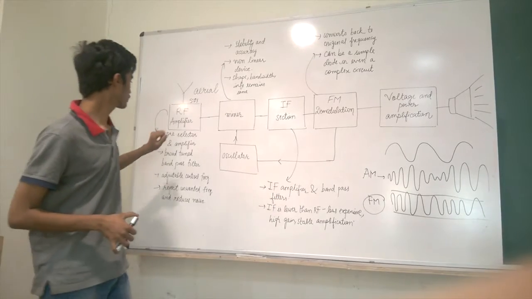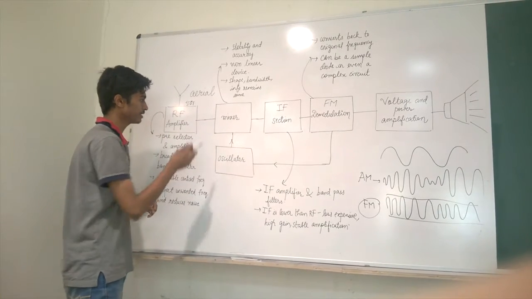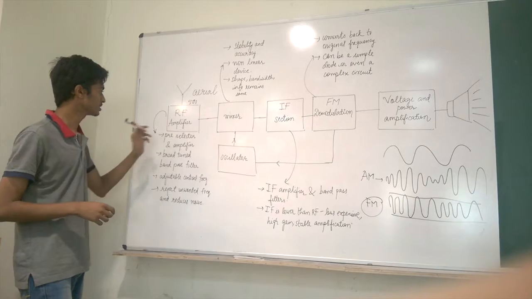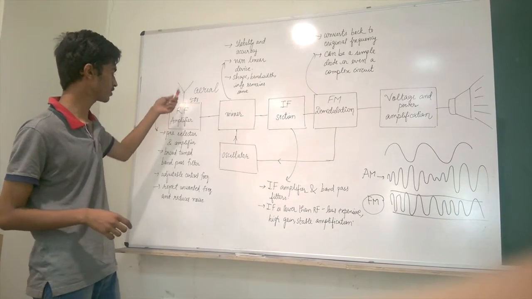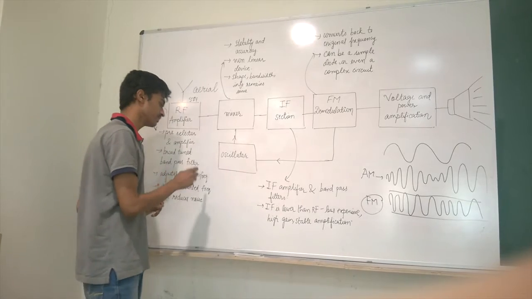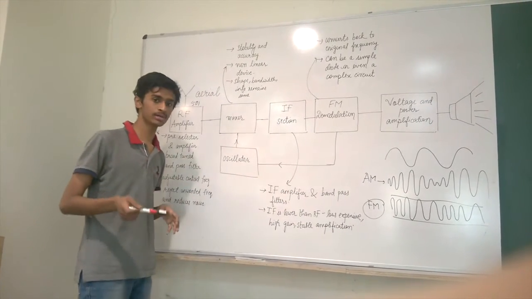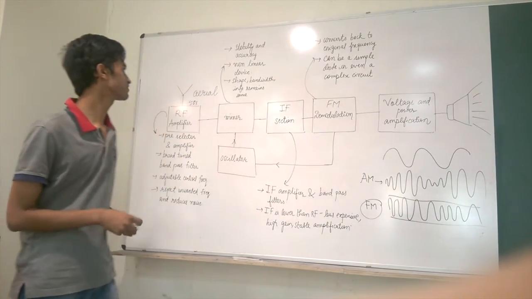The wave goes from the RF amplifier to the mixer. We have two types of signal that we receive in the mixer. One is from the oscillator and the other one is from the RF amplifier. The wave received from the RF amplifier is the original one that we have received from the aerial, and the wave received from the oscillator is the manipulated one, or we can set it according to our will to get the required wave in the IF section.